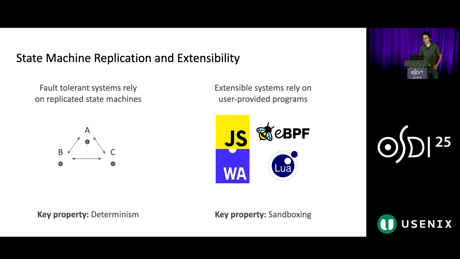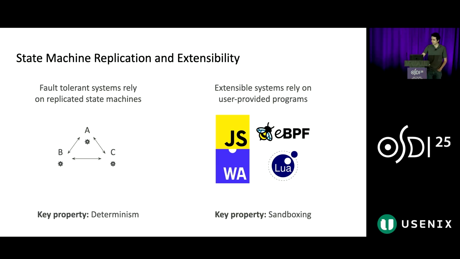Now, we also like extensible systems because they allow flexibility and don't impose policy on the user of the system. They can sort of provide their own programs to customize the behavior. And so you see this all over the place. In your web browser, you've got JavaScript. In your kernel, eBPF. And maybe in your text editor, Lua. And the core primitive to enforce that these user-provided programs maintain the guarantees that the system needs is through the use of